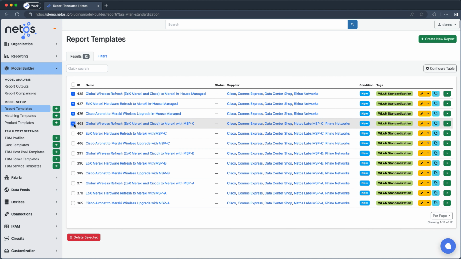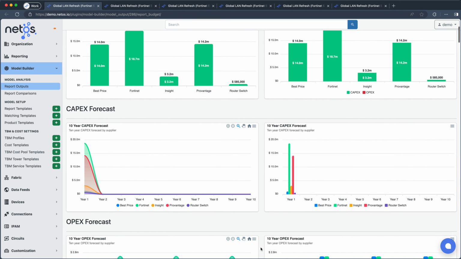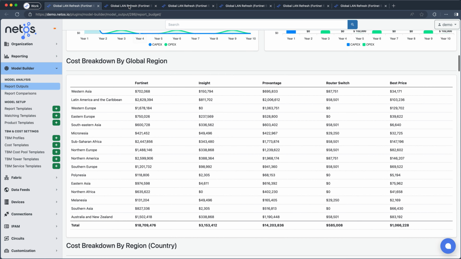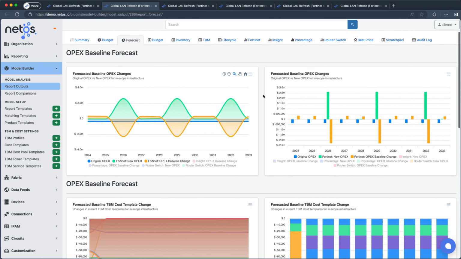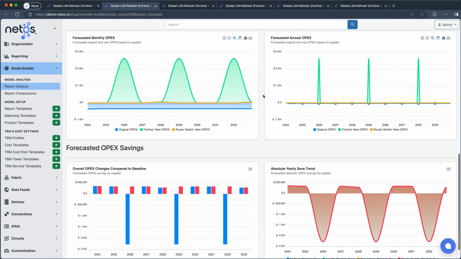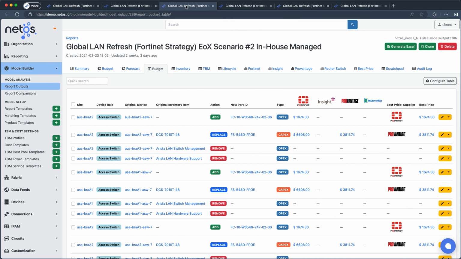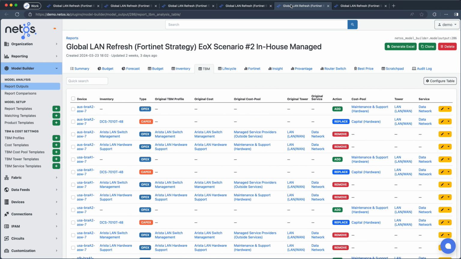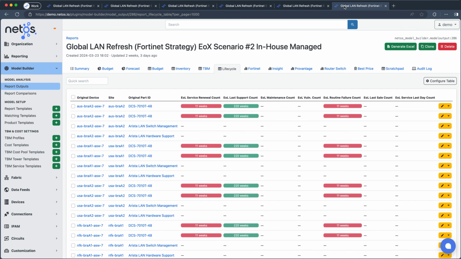Model switching to different vendors, product lines, and managed service partners. At the click of a button, every time you run a model, you will get a budget report to understand project costs, forecast report to model changes based on your current baseline spend, budget table with per supplier cost breakdowns, detailed audit trail for every change, TBM mapping to align the project with finance and business reporting, an end-of-life timeline view for in-scope infrastructure,